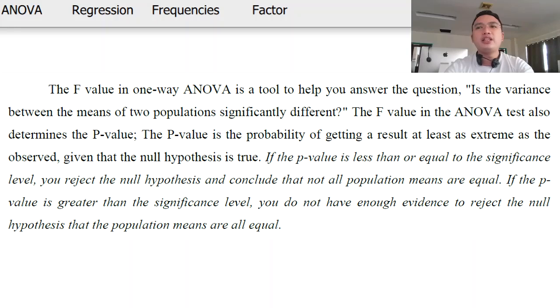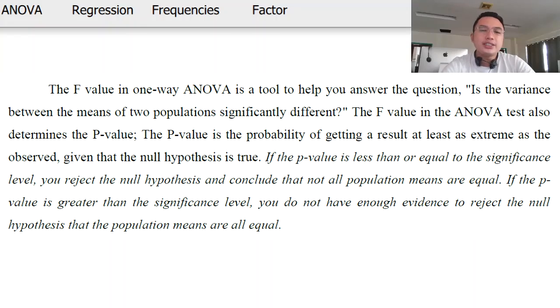It is the probability of getting a result at least as extreme as the observed, given the null hypothesis is true. Now, if the p-value in our ANOVA is less than or equal to the significance level, you reject the null hypothesis and accept the alternate hypothesis.